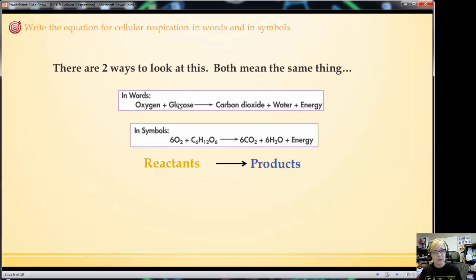I could replace this with lipids. I could replace it with proteins. We typically look at glucose because it's a good example. However, we could put other macromolecules into this spot. So really we're